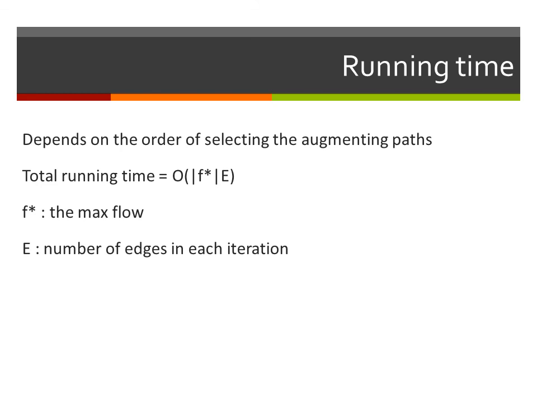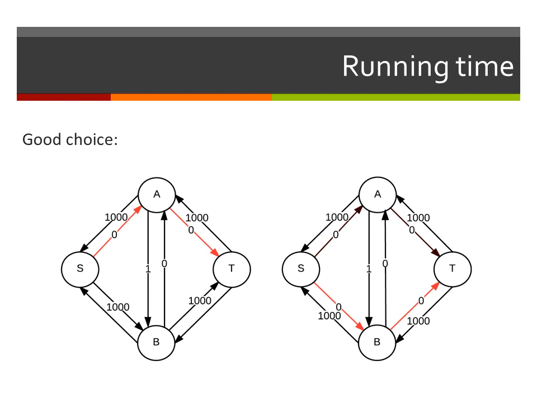Let's look at an example to see exactly what I mean by this. If F is a flow in a flow network G and F prime is a flow in the corresponding residual network,